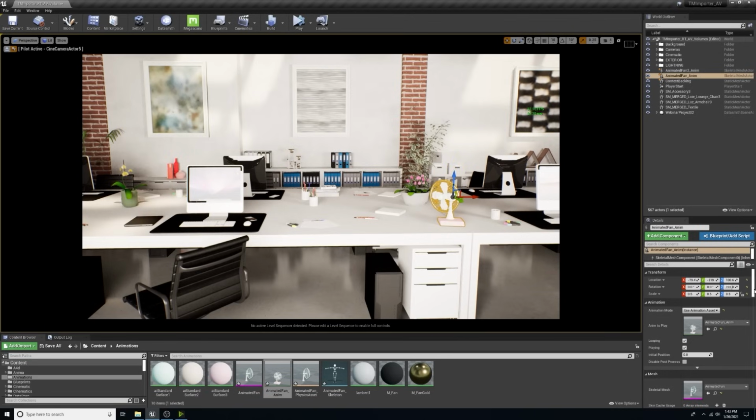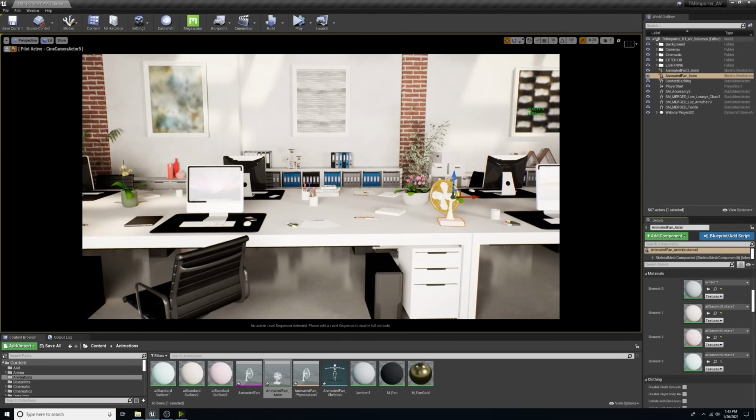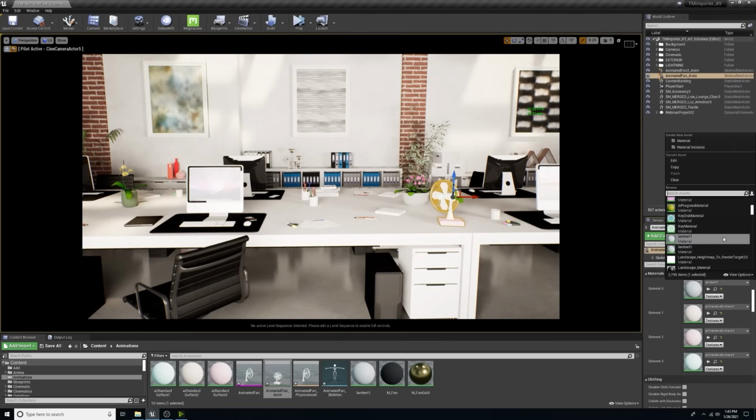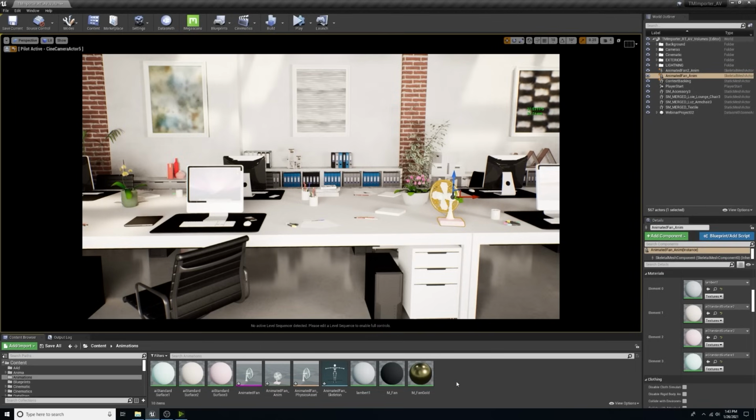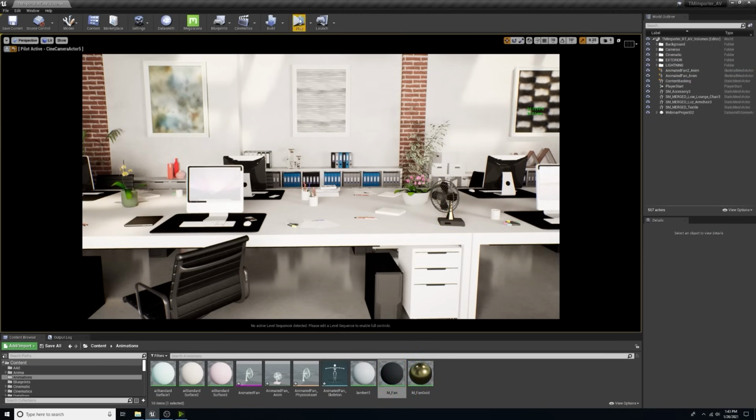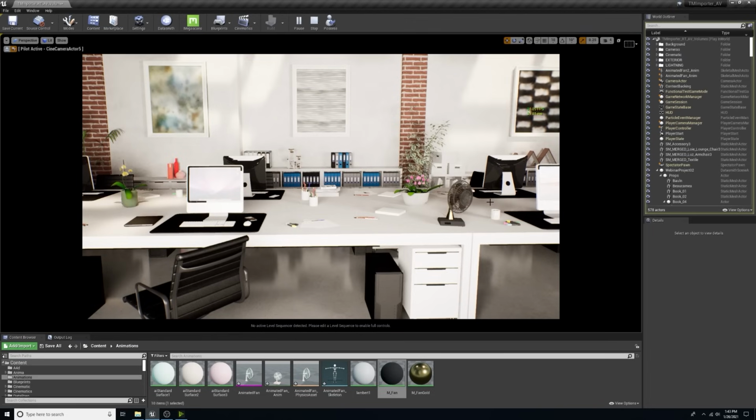I can apply materials by using the Details panel. I can either hit the drop down and add any of the Twinmotion materials in here, but I can also use files that I've created, such as these materials here. I'll drag and drop these in. I'll go back to the scene and hit play. So it looks like the animation came in quite nicely.